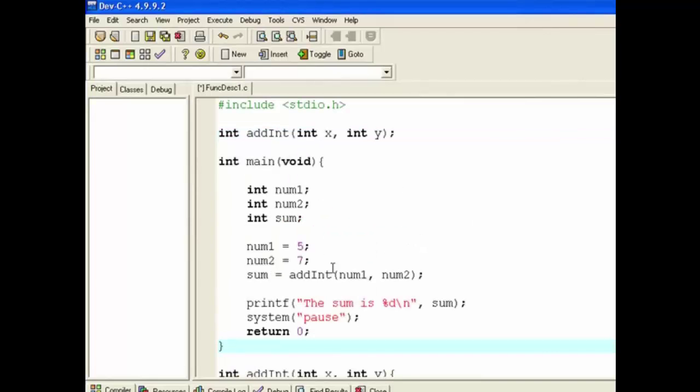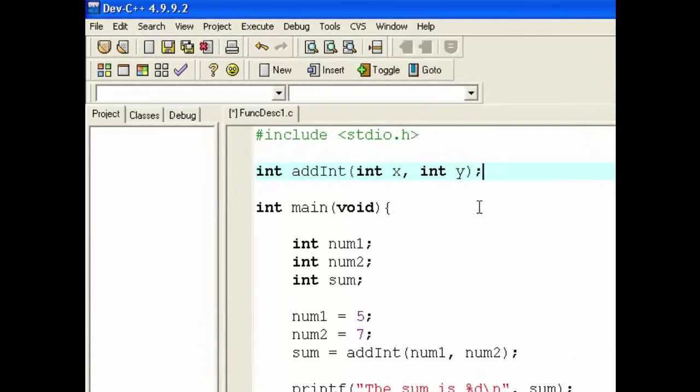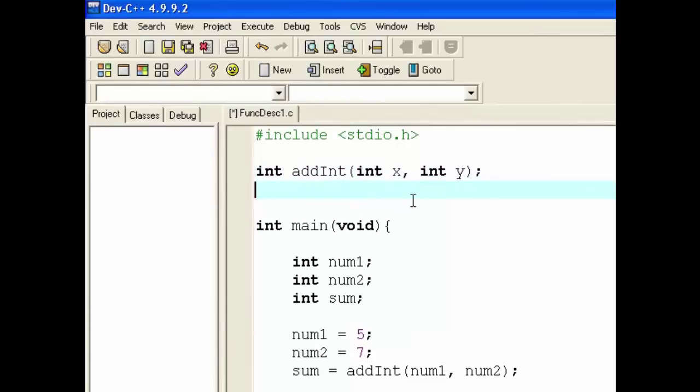Okay, so what I'm going to do is write another function now, and this one is going to calculate the area of a rectangle. So the first thing I'm going to do is write the function prototype up here, and I'm going to decide on an appropriate name. Now you can think for yourself for a moment as to what you'd call that, but here are some possibilities. I could call it area, but the problem with that function name is that it could be the area of anything. We don't know that that's the area of a rectangle. So I could change it to area rect for area of a rectangle. Now this is better,